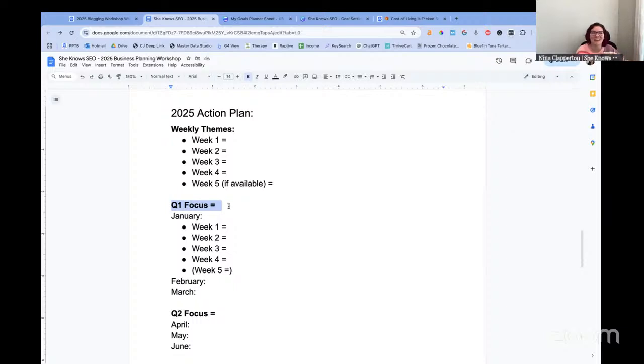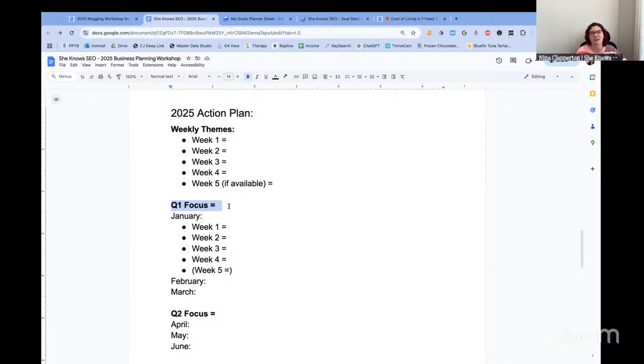What is going to be the theme of the action steps we're going to take? Now, if you're not 100% sure yet, we can do the action steps first. That's okay. But I do find setting a quarterly mini milestone or a sub goal is really helpful to be able to see if you're on track.